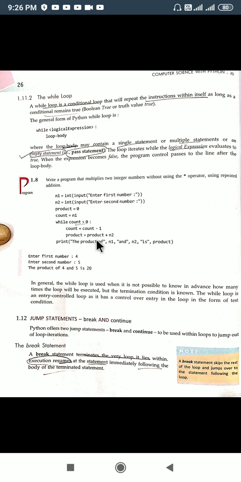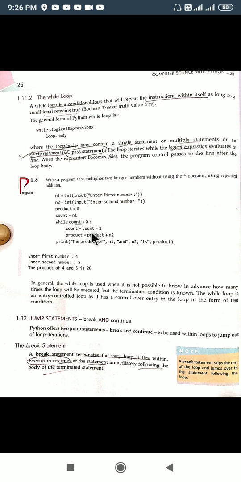So we don't have to multiply it, we just have to add it. So 4 times we need to add, so we started a counter that will start from 4 and it will go 4, 3, 2, 1.